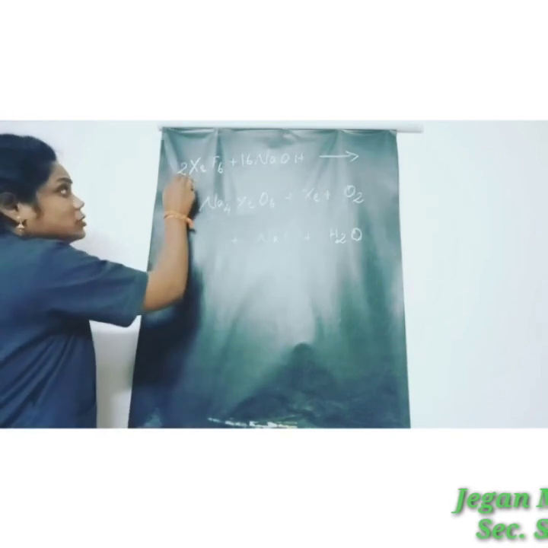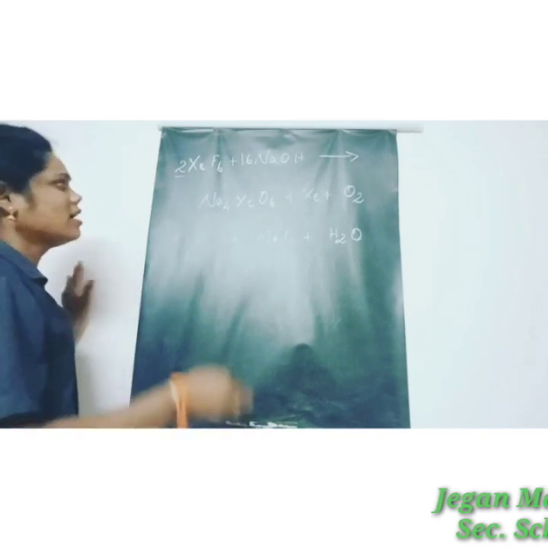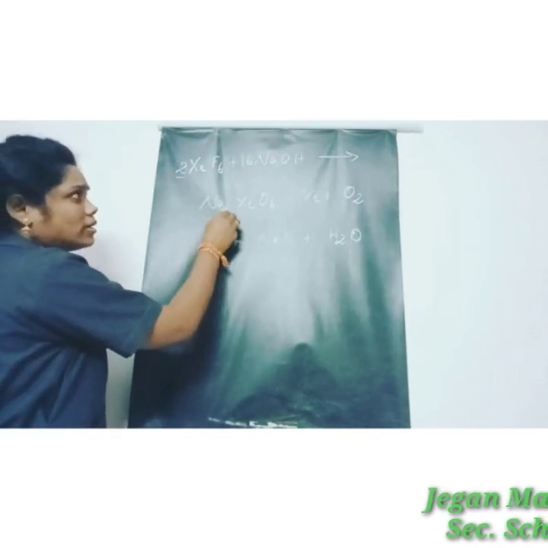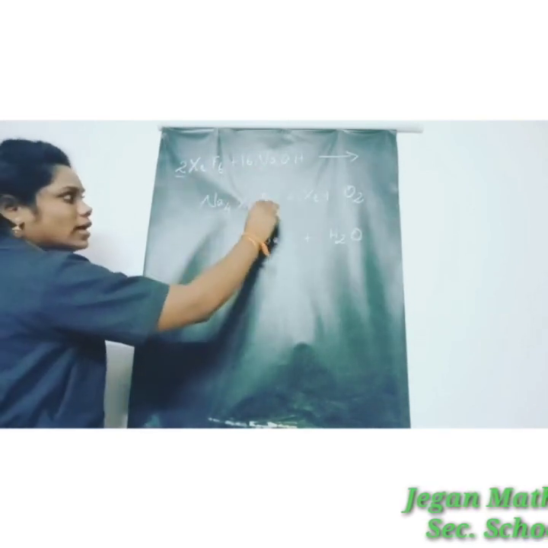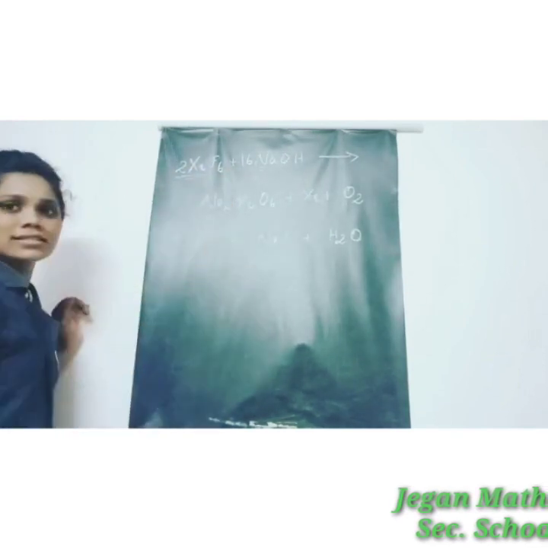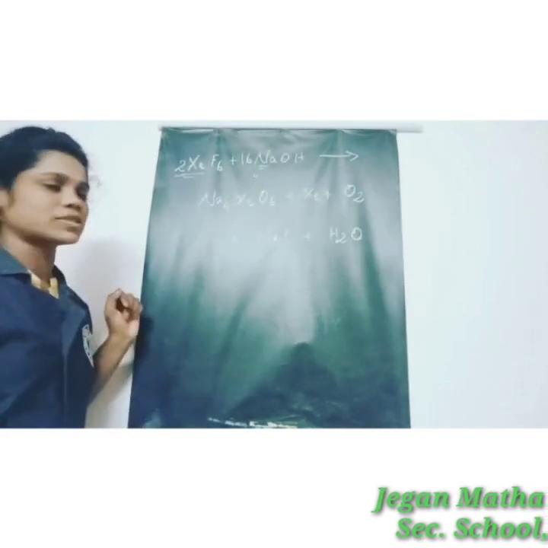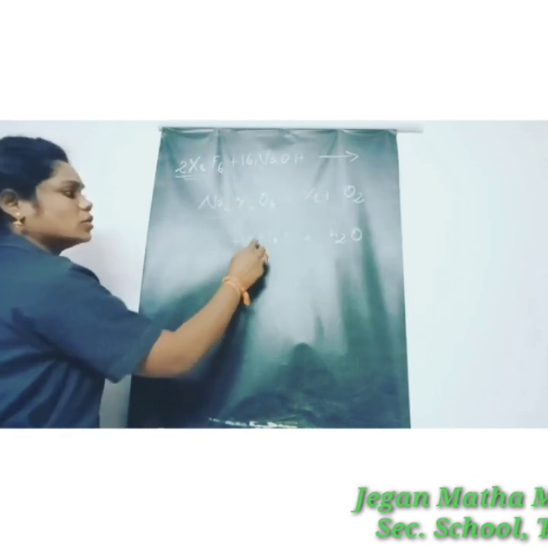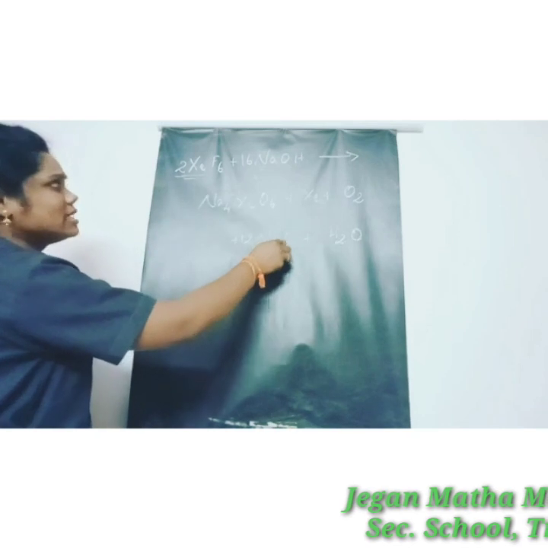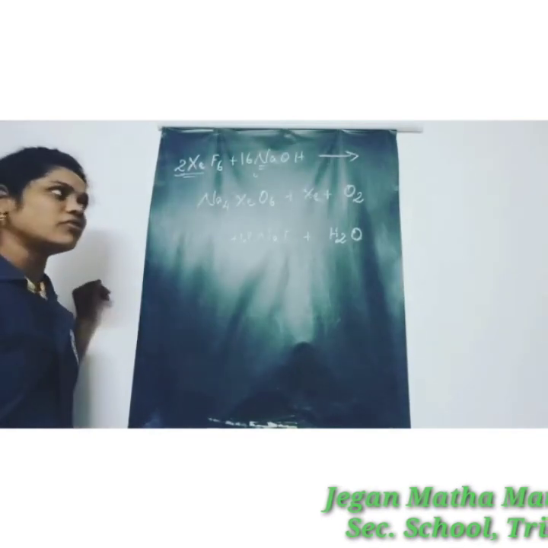Okay, so how is this equation balanced? First in the reactant side, 2 times of xenon hexafluoride and 16 times of sodium hydroxide are taken. Here Na 4 times and Xe 2 times, so here 1 time, here 1 time, so xenon is balanced. Sodium here is 4 times, but here sodium is 16 times. So remaining sodium is 12 times, so 12 Na, and here F is 12 times, so here also fluorine is 6 2s are 12. So sodium and fluorine are balanced.